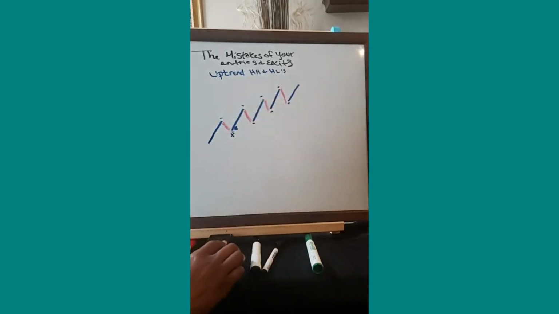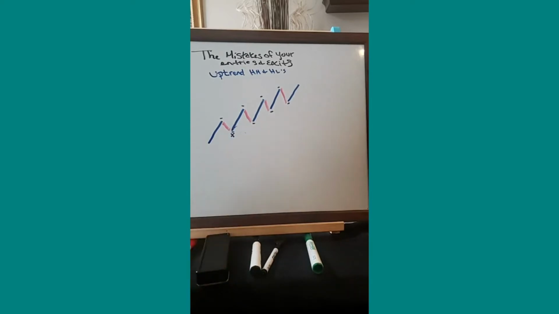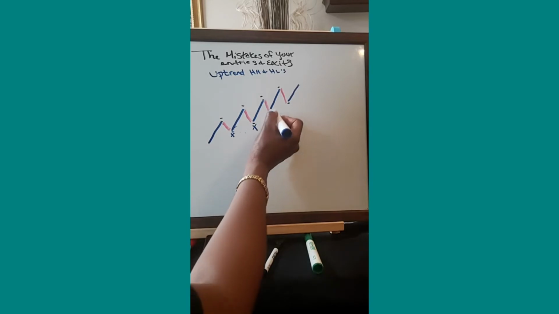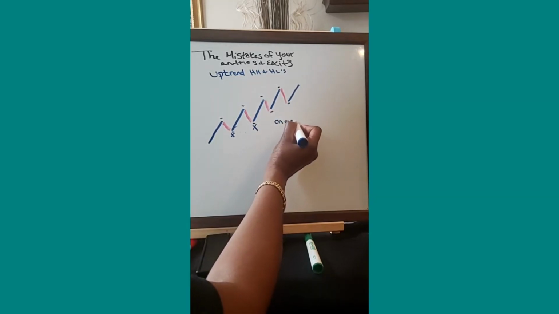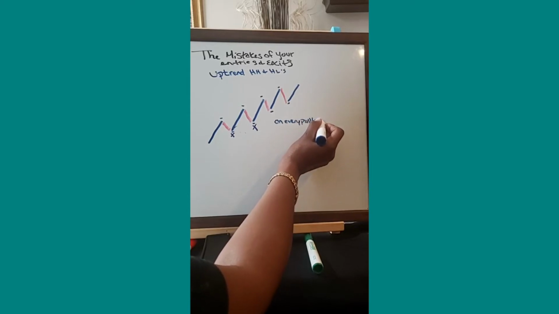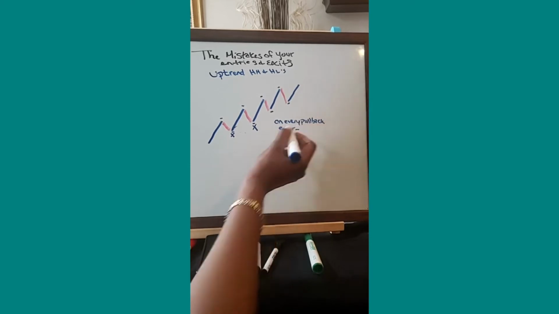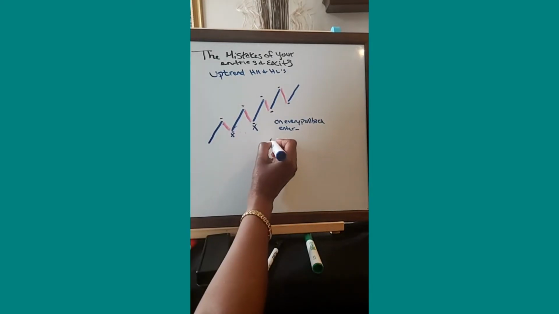Okay, so when you have a pullback, you are waiting for this pullback to be complete. And then you're going to enter here. Okay, so on every pullback, you can enter. Now, mind you, you must have other confluences,